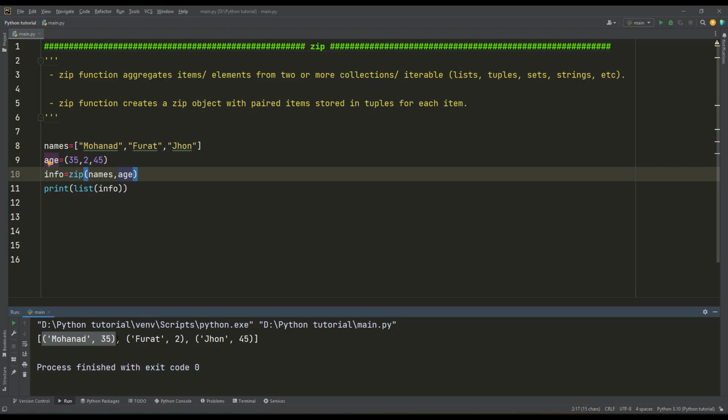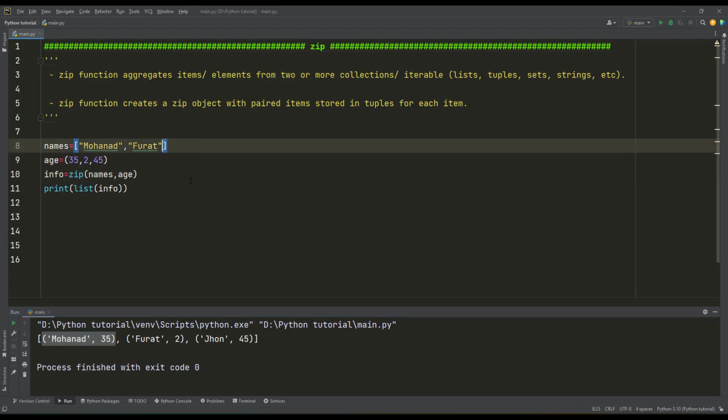So if you have two separated collections or iterables and you want to marry them, or make an assignment of each item with its corresponding one, you can do that. Suppose I remove John from here, then it still works because it will consider only